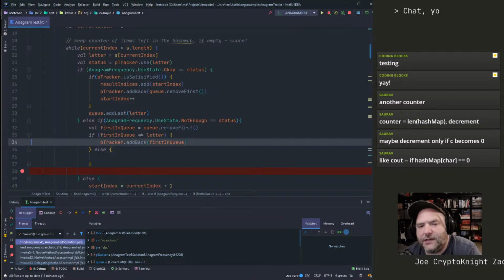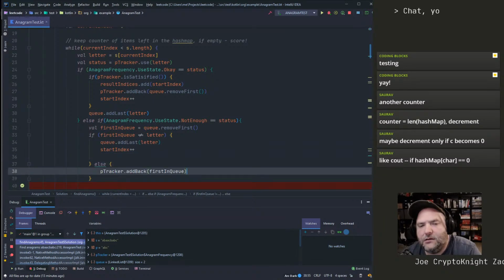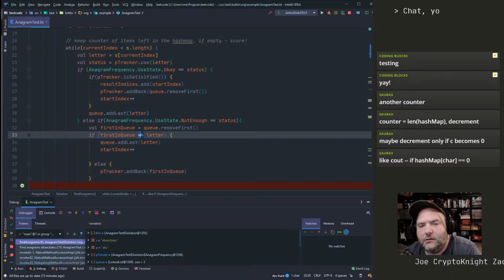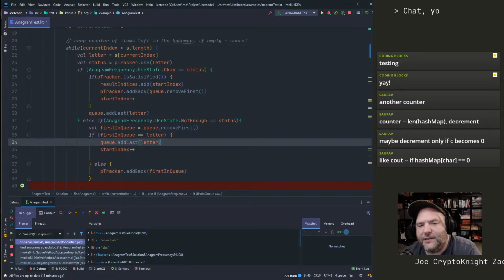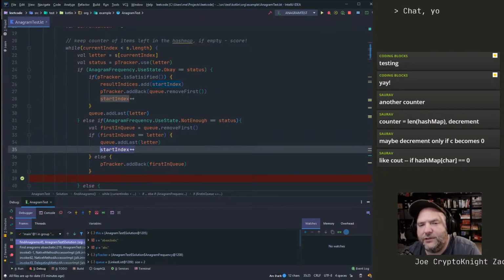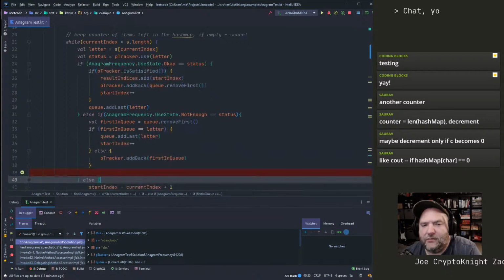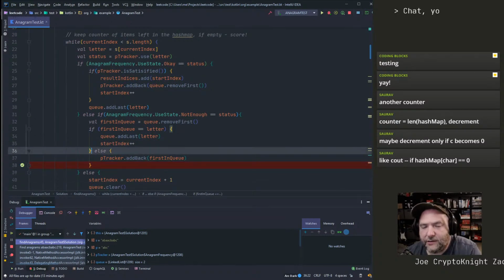I'm going to swap this because I hate this. Alright, so when the first Q just happened to be the letter, then that's a special case where we can only start 1. Otherwise, what we need to do here, and we could probably collapse this too, is we say,